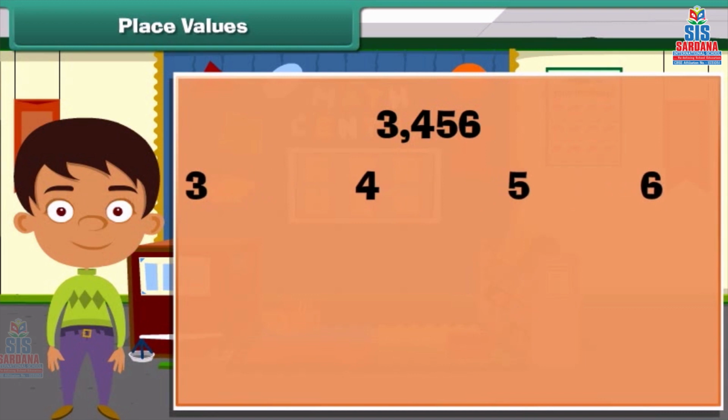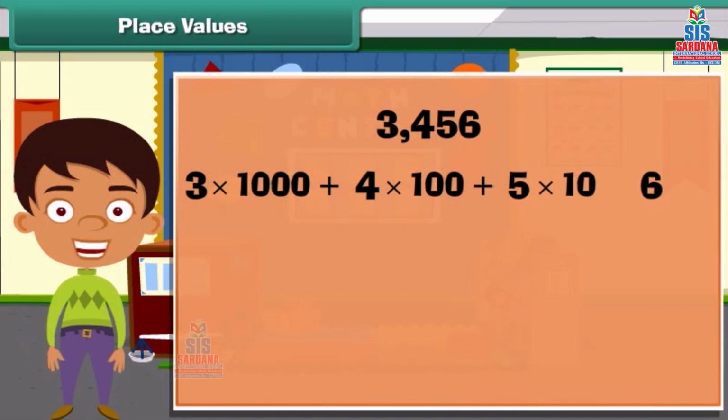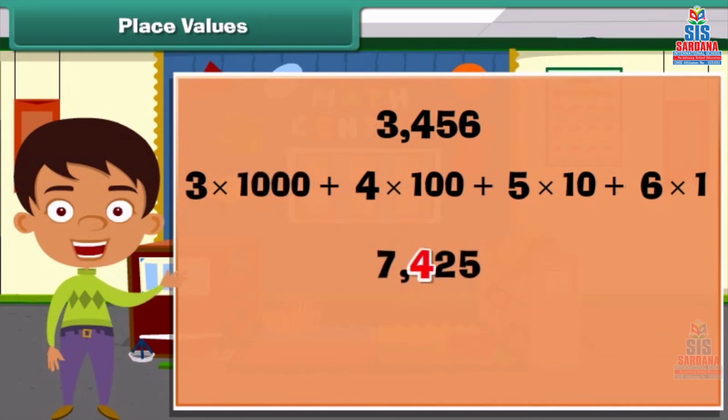3,456 is equal to 3 into 1000 plus 4 into 100 plus 5 into 10 plus 6 into 1. Now we can say that the place value of 3 in 3,456 is thousands. Let us find the place value of 4 in the number